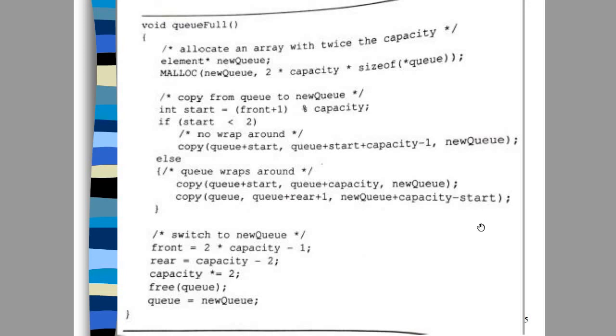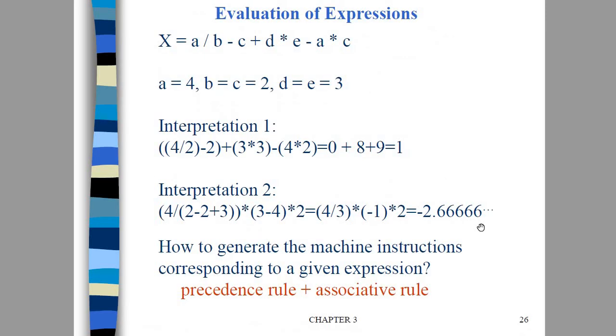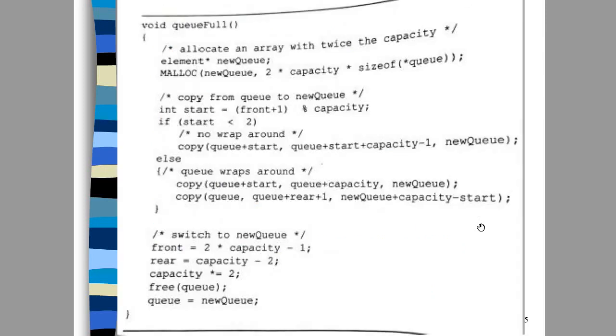In this way, the doubling of the queue and copying of the old queue, which has become full, to the new queue is done. Okay, so with that we have reached the end of